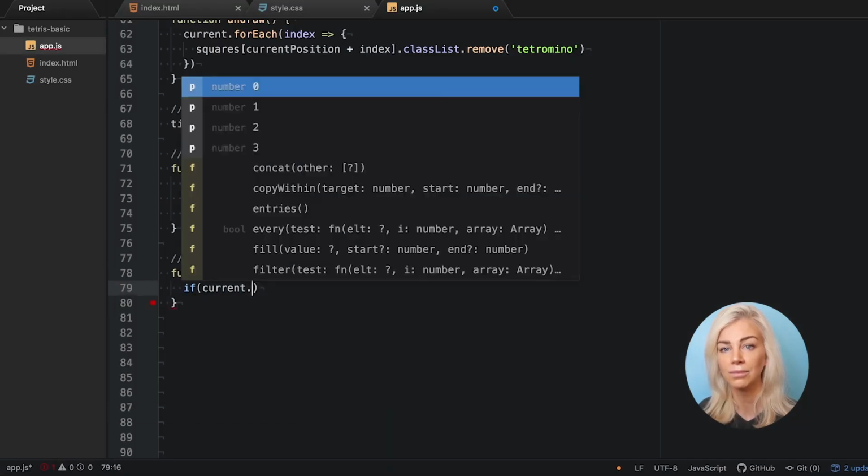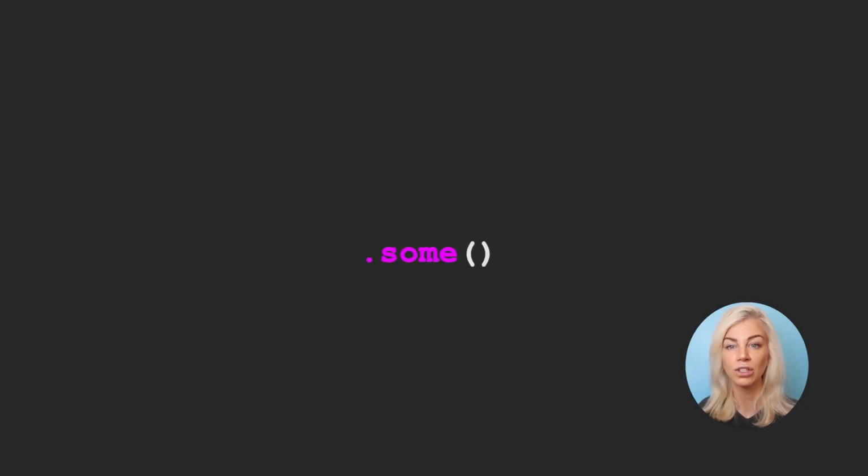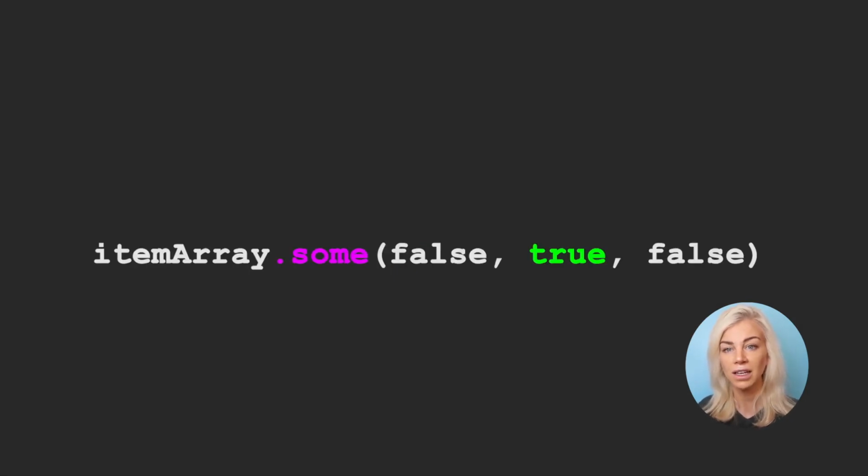If some, another inbuilt JavaScript method similar to how forEach works. However, instead of applying logic to each item in an array like forEach, with some we are checking that the logic we write in the brackets is true for some of the items in our array. So basically, if we ever get one true back, we are good to go. So